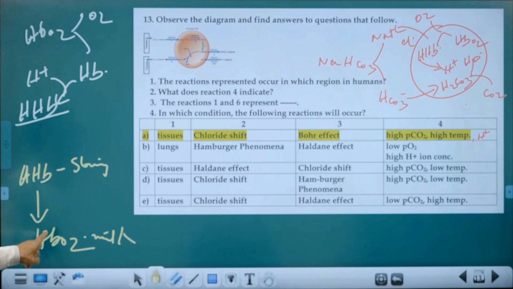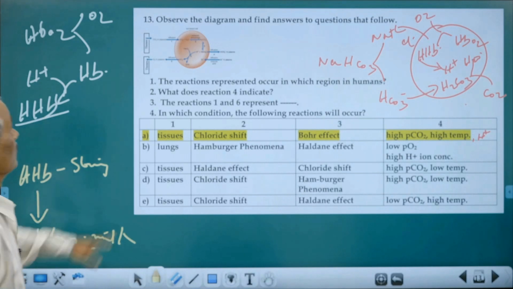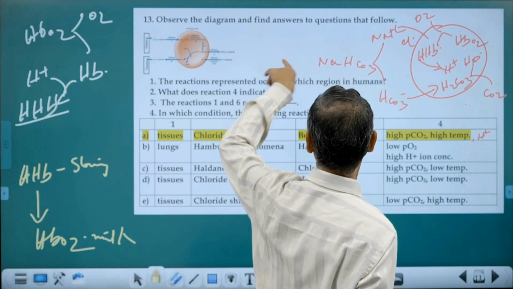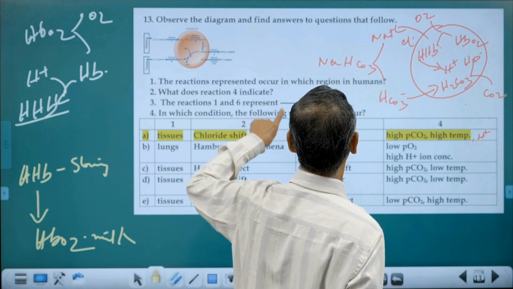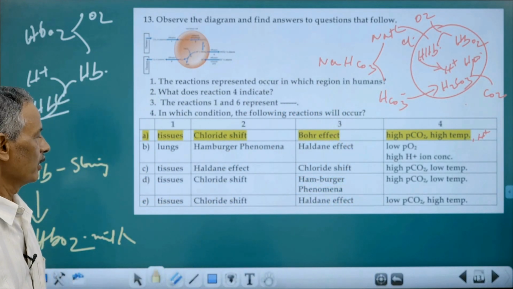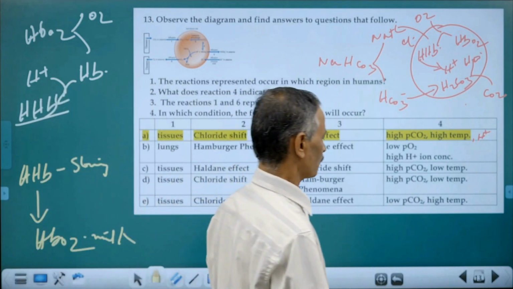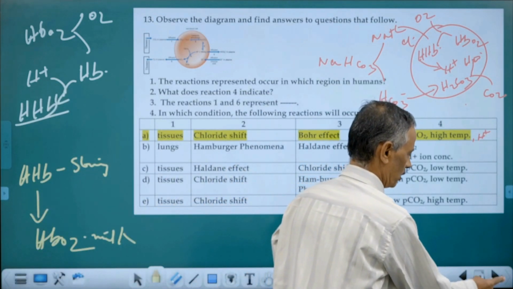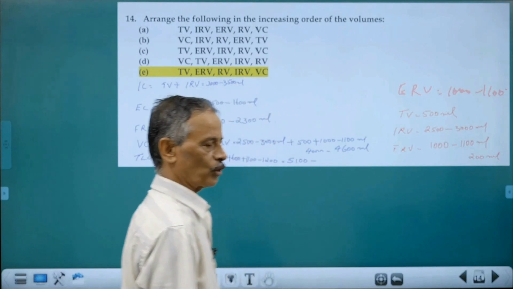This is the Haldane effect. And what is happening in tissues is the Bohr effect. Clear? These are all occurring during transportation of carbon dioxide in the form of sodium bicarbonate. That part is not at all in our